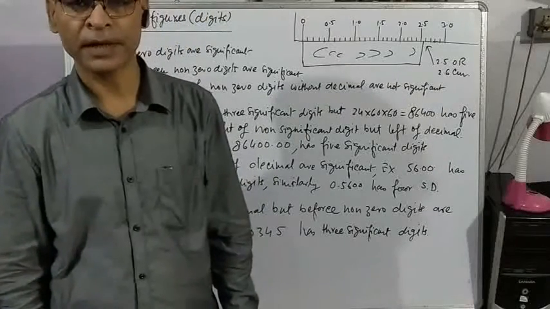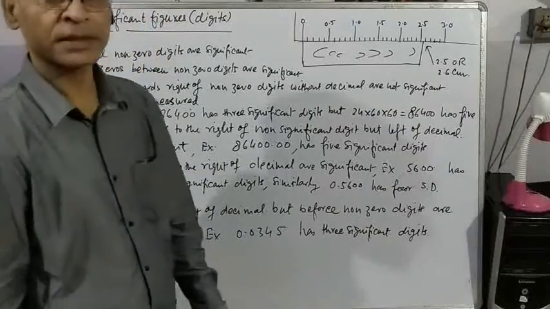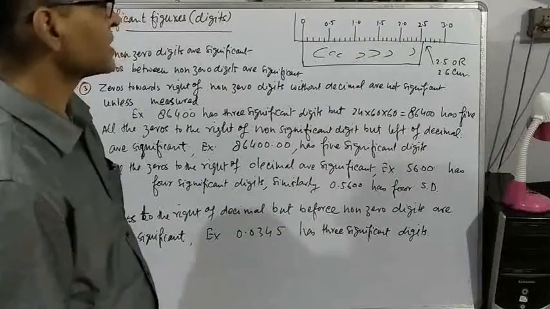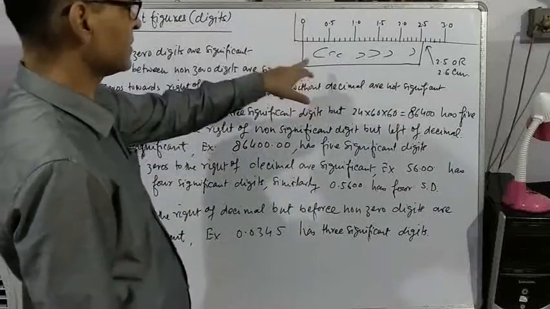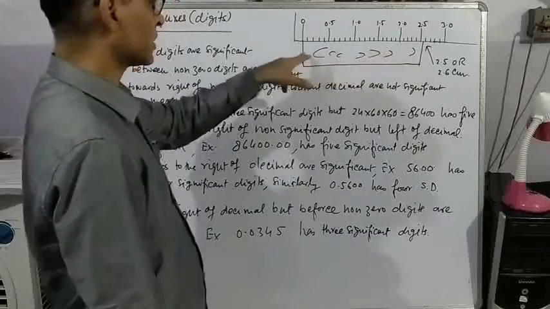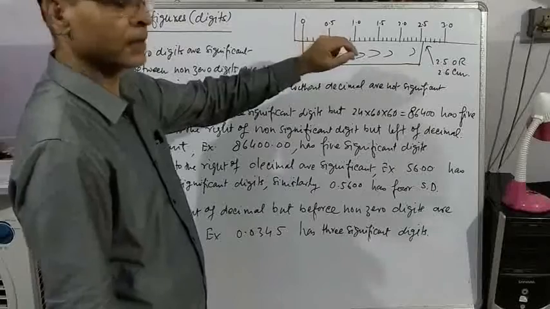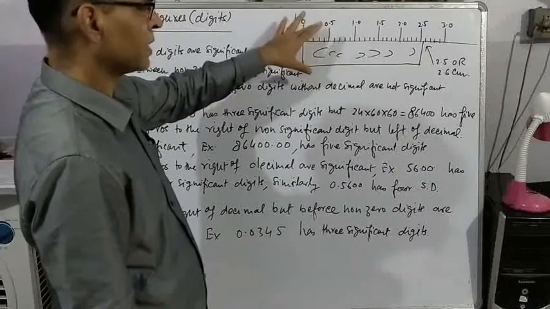Today I am going to revise significant figures. First let us understand what is the meaning of significant figure. You know that physics is the science of measurement. Let us suppose some wooden block is being measured by an ordinary scale. Ordinary scale means the scale used by you.